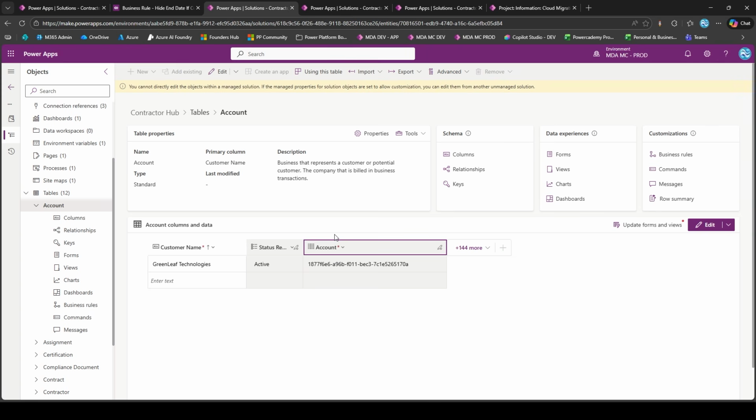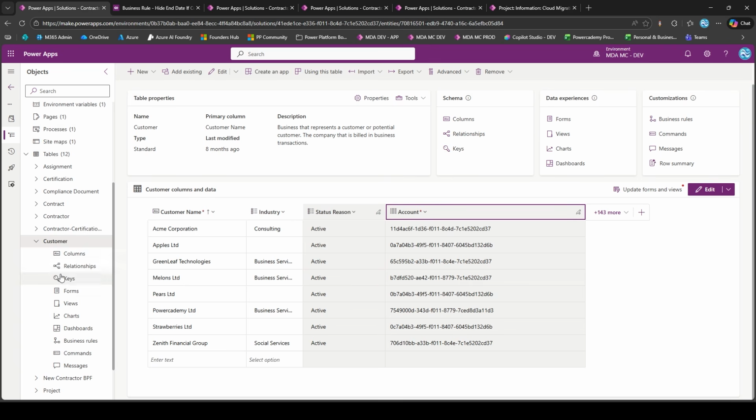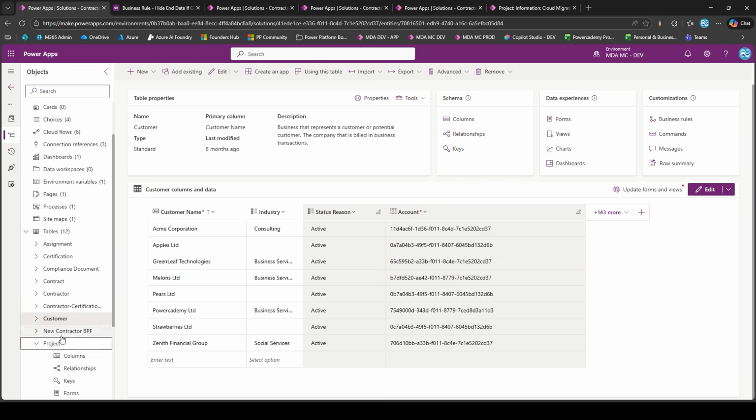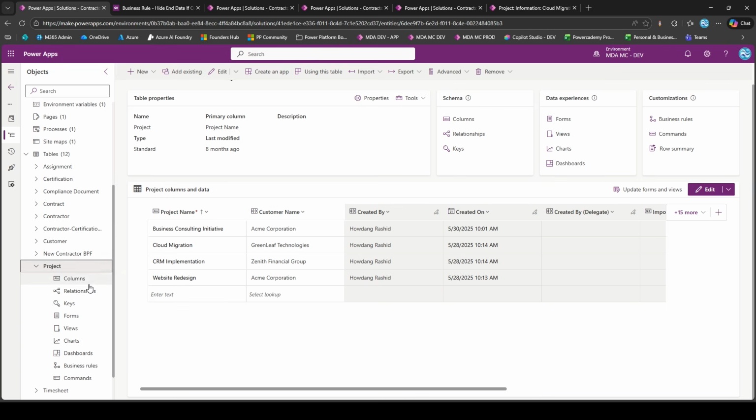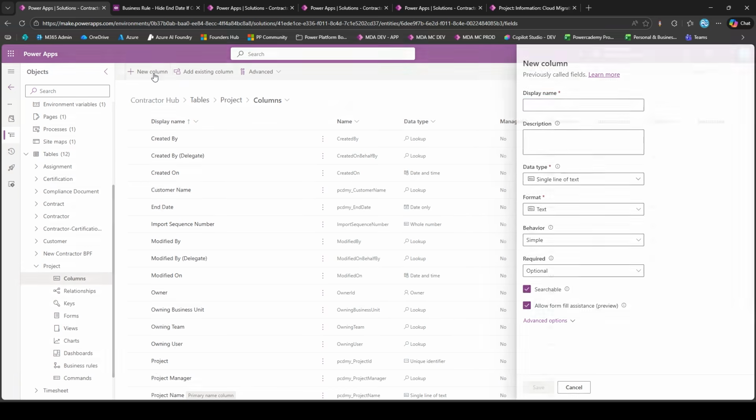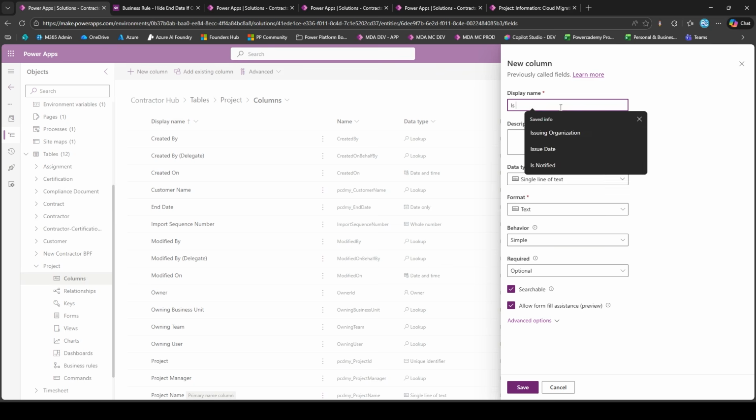And formula columns are basically lightweight columns that you can create and give you data within that column based on logic that you have. So let's say, for example, we have our project table, right? And that's where we actually run the business rules. So if I come into project and I want to add a column, so I'm just going to come into columns here, and we're going to select new column, and we're going to call this is Greenleaf,